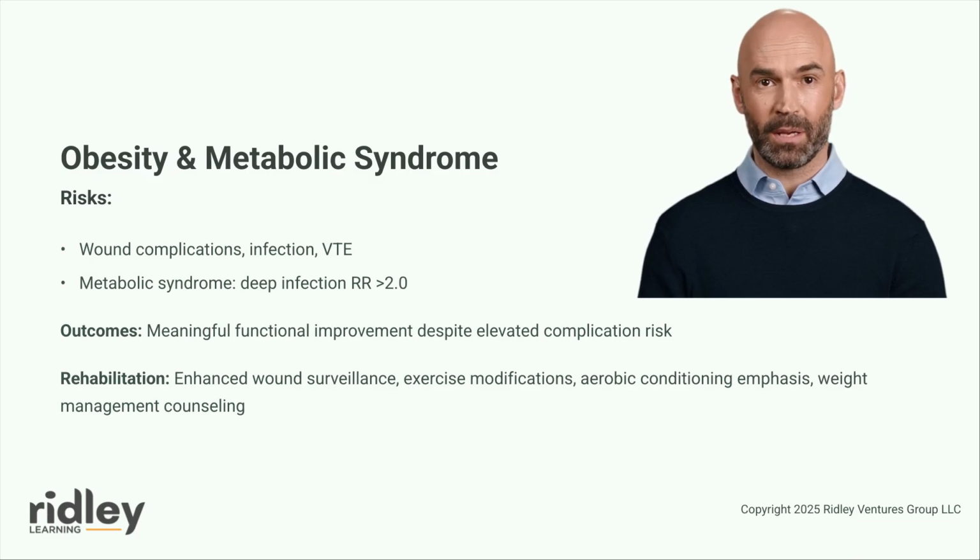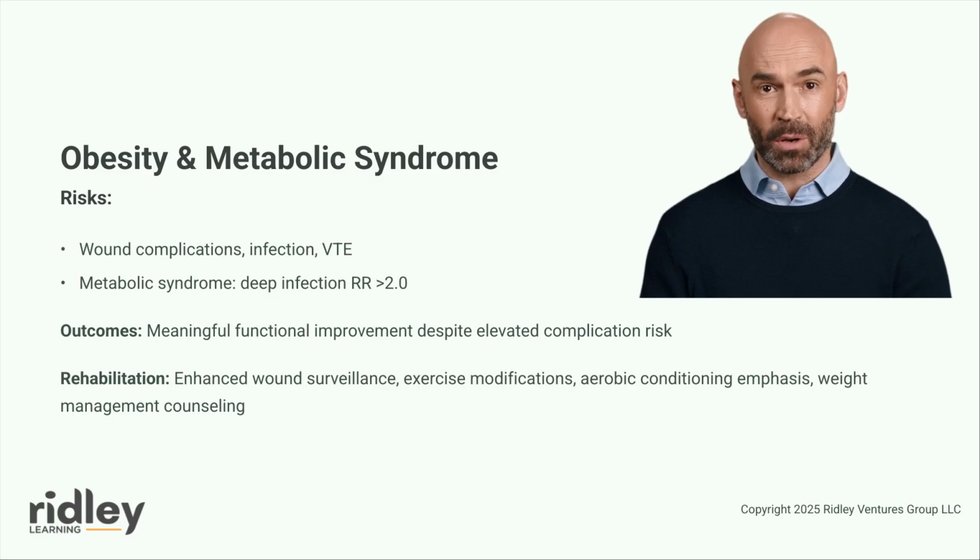Obesity, defined as body mass index greater than or equal to 30 kilograms per meter squared, affects a substantial proportion of shoulder arthroplasty patients and is associated with increased perioperative risks including wound complications, infection, venous thromboembolism, and respiratory complications. Metabolic syndrome, a constellation of cardiovascular risk factors including obesity, hypertension, diabetes, and dyslipidemia, confers particularly elevated risk for postoperative